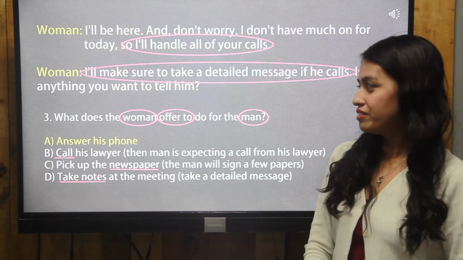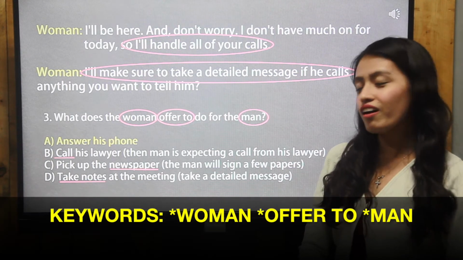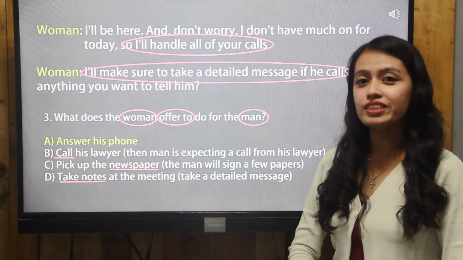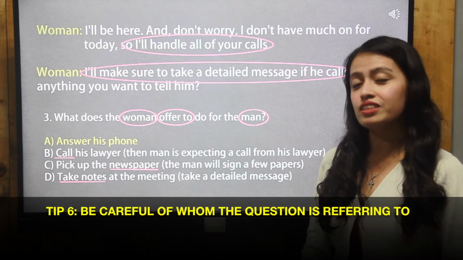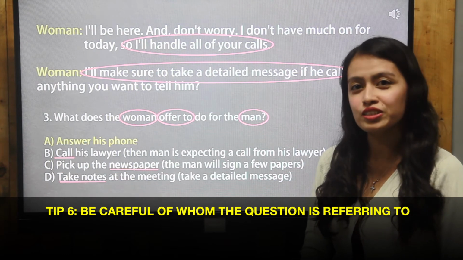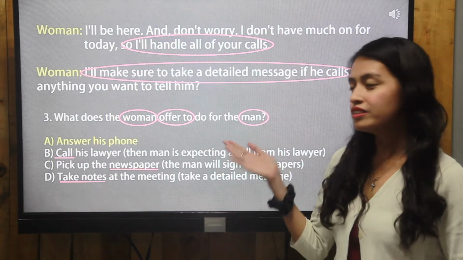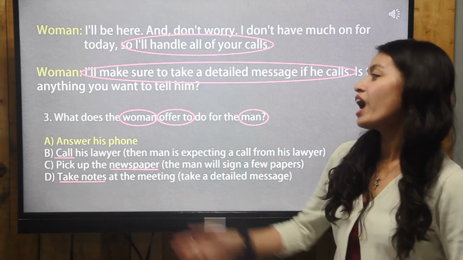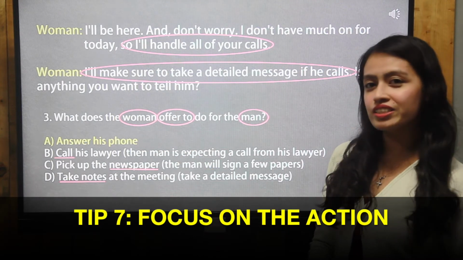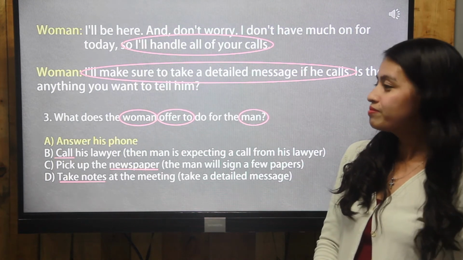For question number 3, what does the woman offer to do for the man? The keywords here are woman, offer to, and man. This is an example of a detail question. For this type of question, you have to be careful who the question is referring to, because in this case, we have 2 persons, woman and man. So you have to focus on the action of what the woman is doing. In the conversation, you will hear,